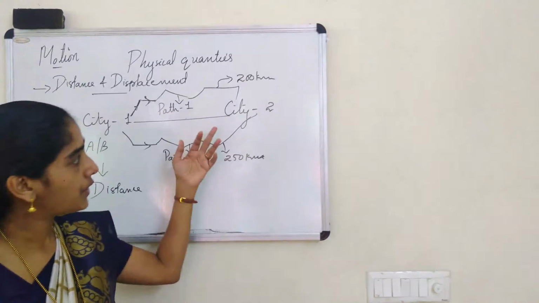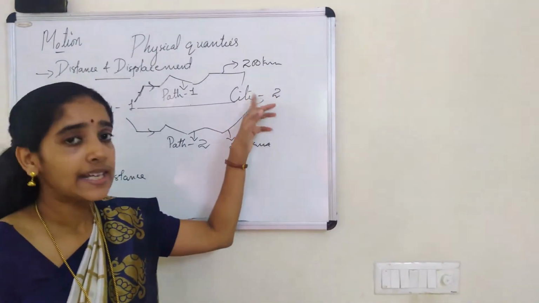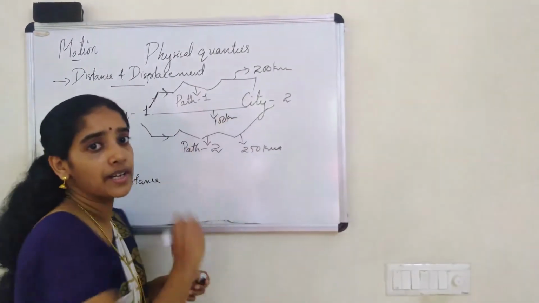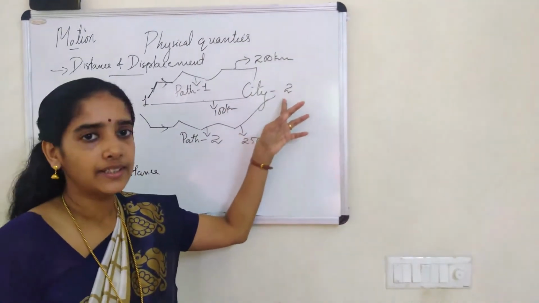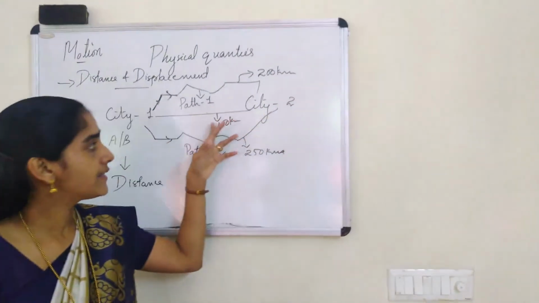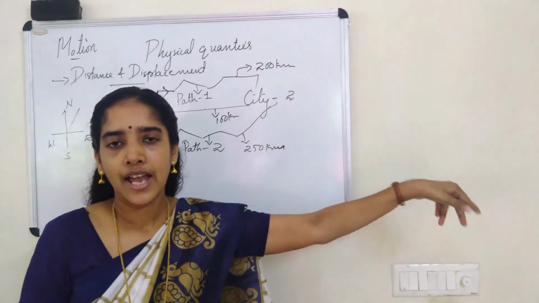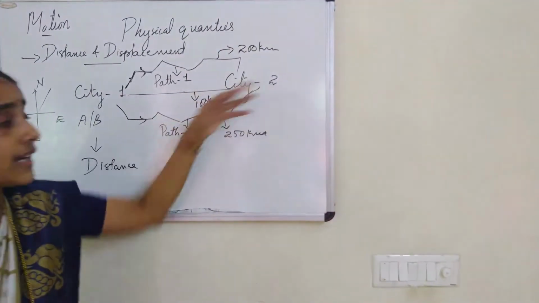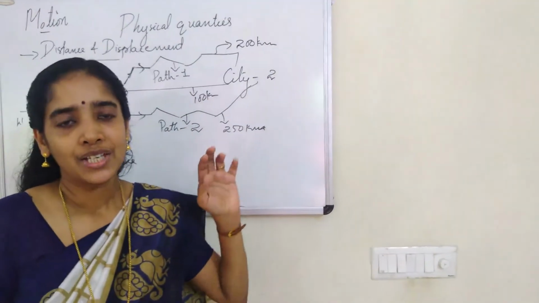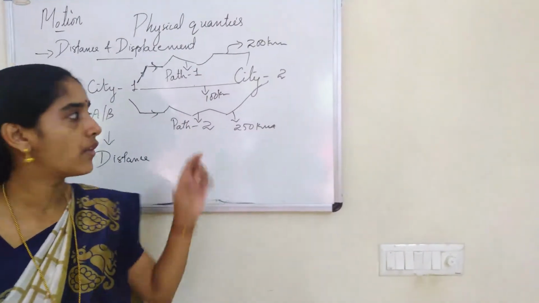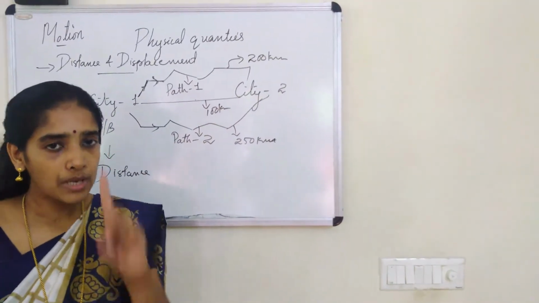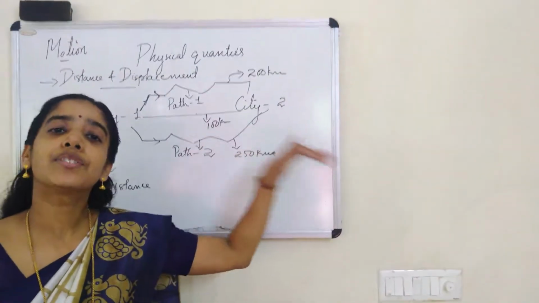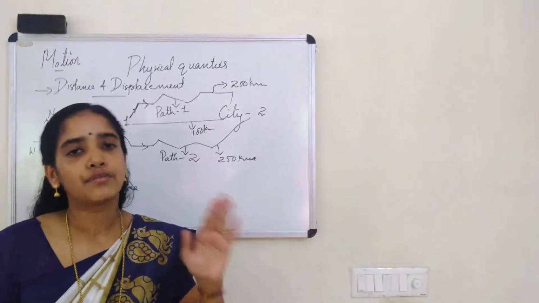Now I am saying when A reaches city 2, let the length of this line be 100, okay? So when A is here, A is at a distance of 100 km from the starting position. And A has to move in which direction to reach city 2? He has to move right. Right means what? Towards east. So two informations are given by the straight line. One thing is the minimum distance we need to cover to travel from one place to the other and in which direction we will move to reach the final position.